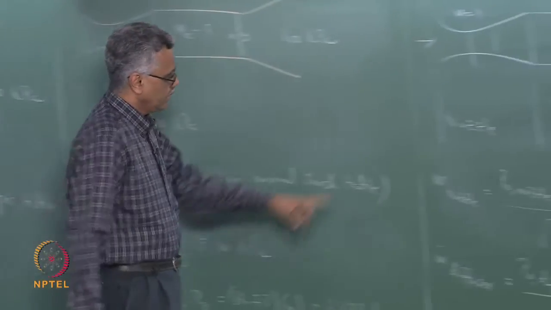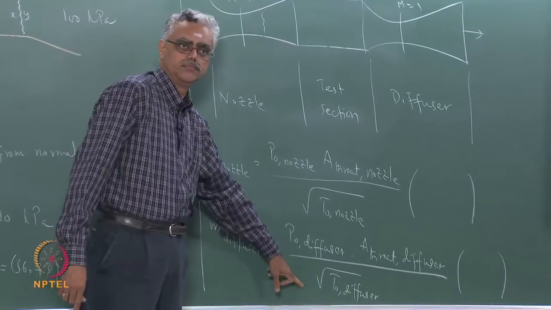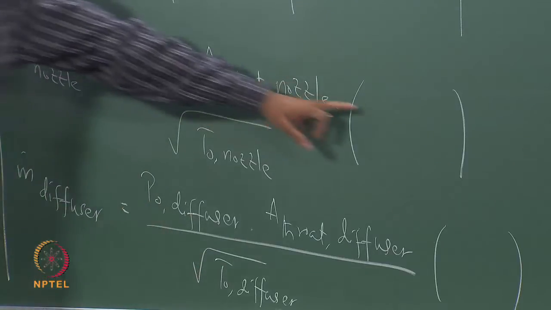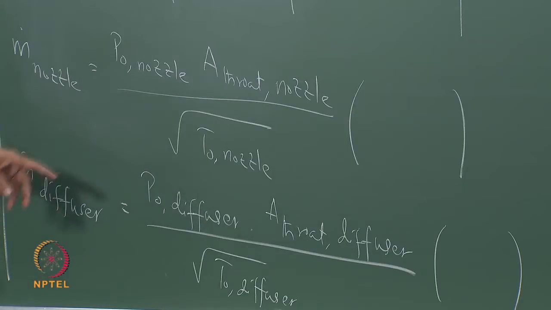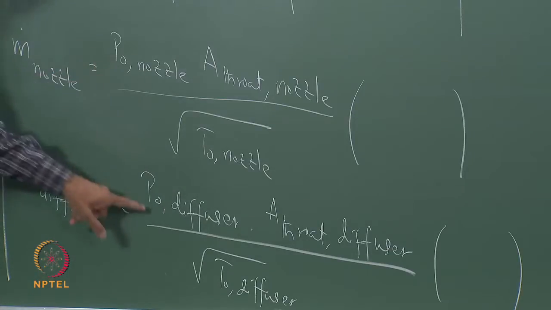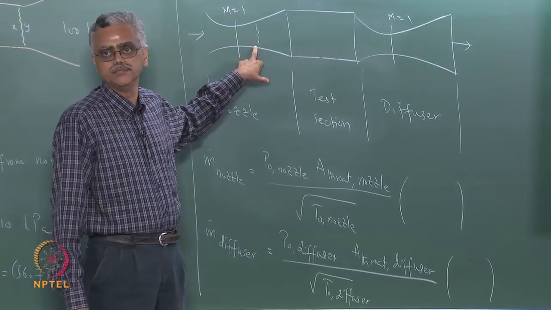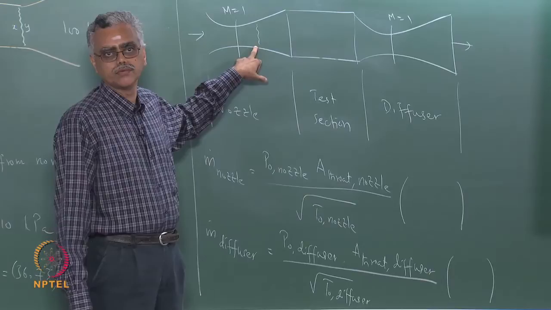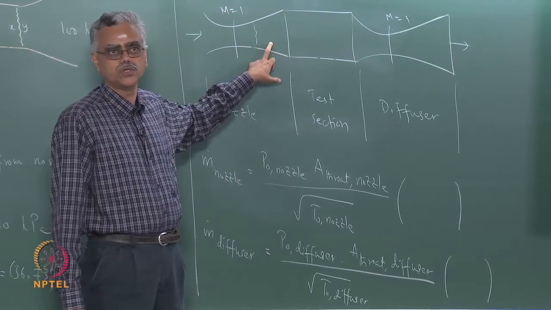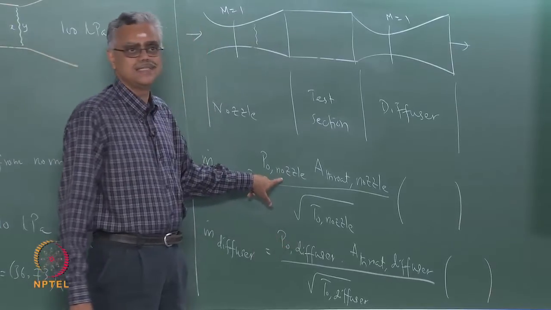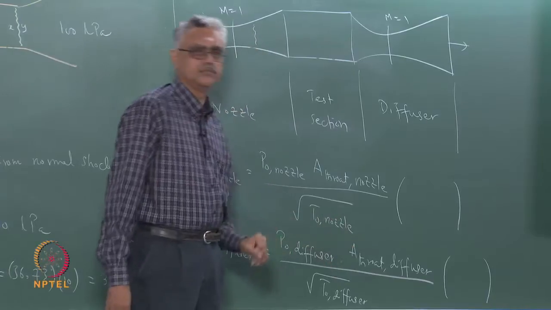Now, if I compare these two expressions, T0 is the same, so I need not worry about this. The quantity within this parenthesis is also the same, so I need not worry about that. Now, what can we say about P0 nozzle and P0 diffuser? Remember, there is a normal shock that is sitting here. There is a loss of stagnation pressure across the normal shock. So, P0 diffuser is less than P0 nozzle. If the throat areas are the same,